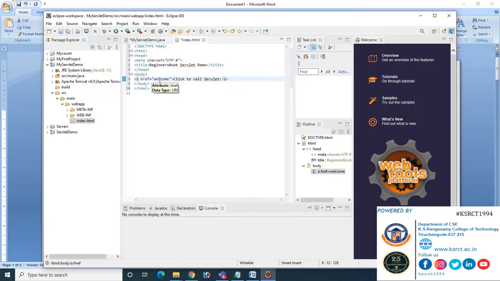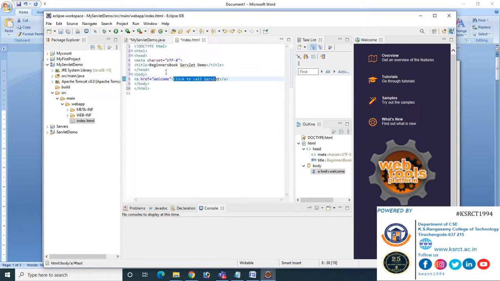When you click the message click to call servlet, the welcome will be called. Now we have to map this welcome to the my servlet demo. The word welcome has to be mapped with my servlet demo.java. Then only when you click the click to call servlet, it will call the my servlet demo.java.